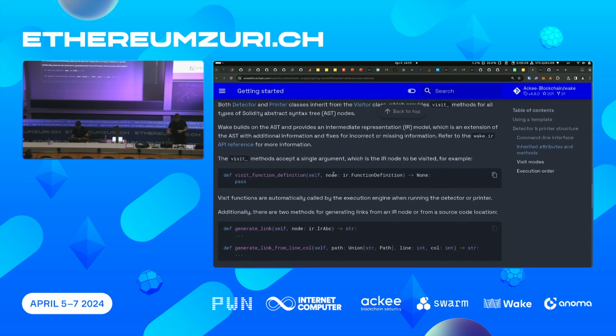And now, this is super important. As you saw, there are two classes, a detector and a printer, and those classes are visitors. Visitors means that there are many functions defined in those printer and detector classes, and these are always called visit and something. That something is the underscored name of a node. As I said, there are many types of node in the AST or IR, and one of those nodes is function definition, which is a declaration. It defines a function, and there's a visit function